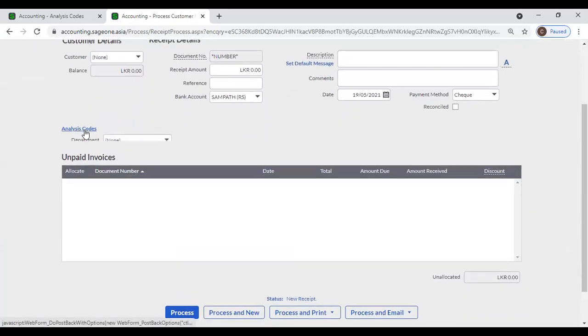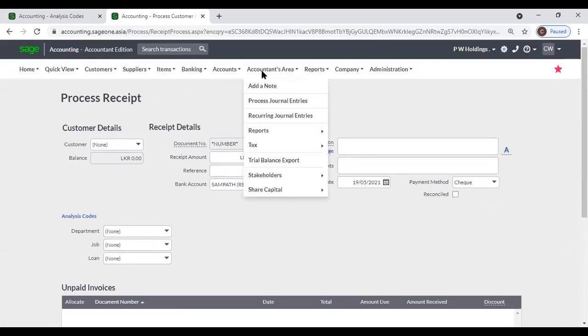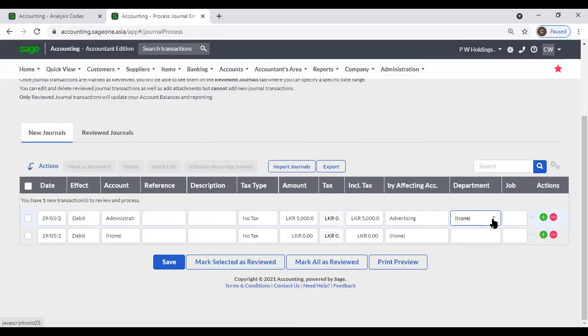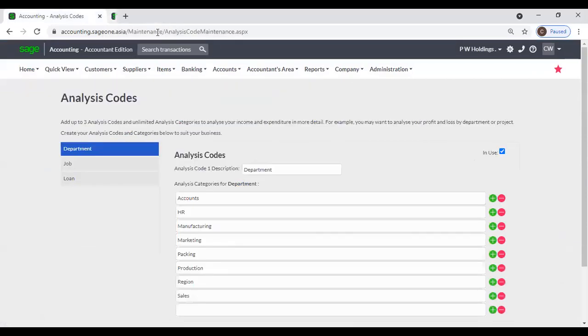Now from here you can select your analysis codes like that. For every transaction you can select your analysis codes. Okay, first we will create analysis codes. First go to